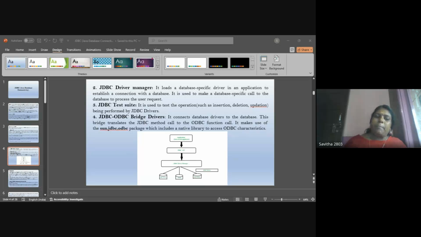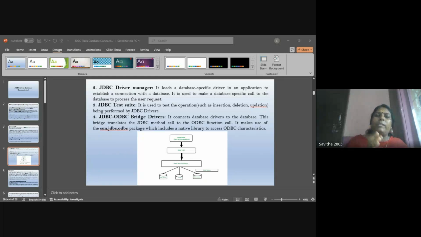So JDBC API uses JDBC drivers to connect with the databases and the applications. The JDBC driver is a client side adapter which we need to install on the client machine, and which establishes the connection between the server and the Java programs.